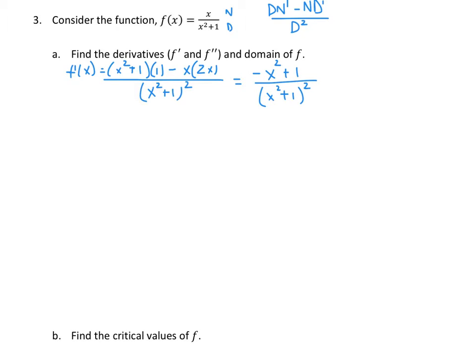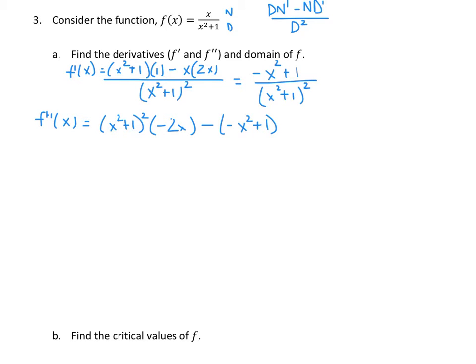Alright, now to get our second derivative, we're going to take the derivative of the first. So again, we have to use the quotient rule. So we take the denominator first, which is x squared plus 1 squared, times the derivative of the numerator. Taking the derivative of the numerator, we have a negative 2x. And then next we subtract from that the numerator, which is negative x squared plus 1, times the